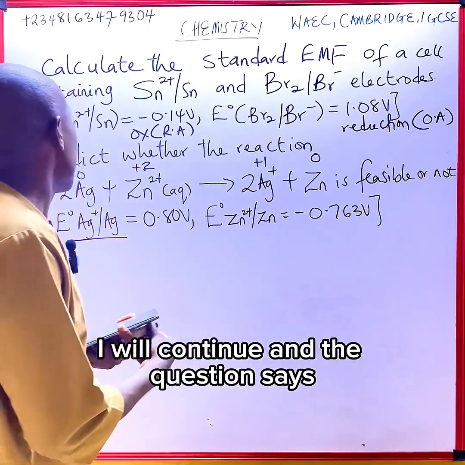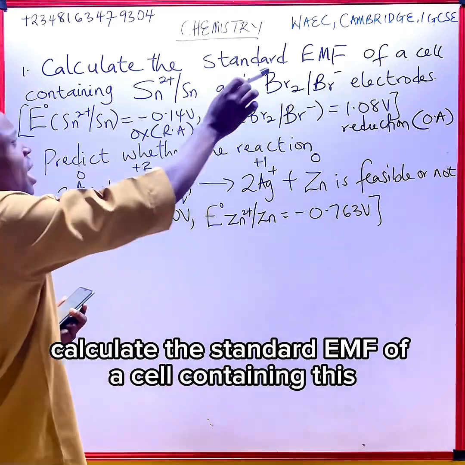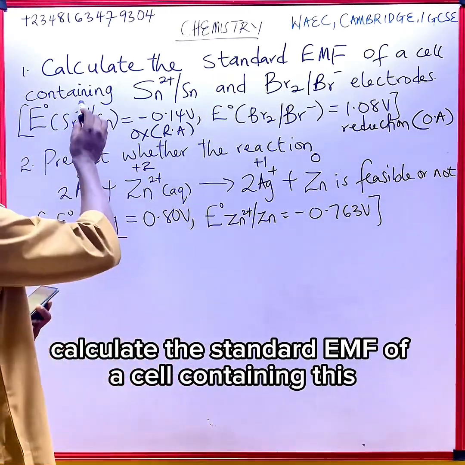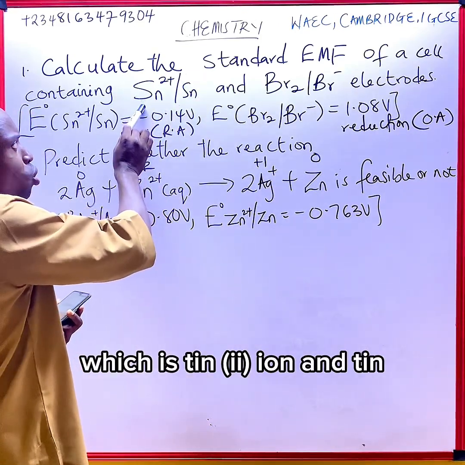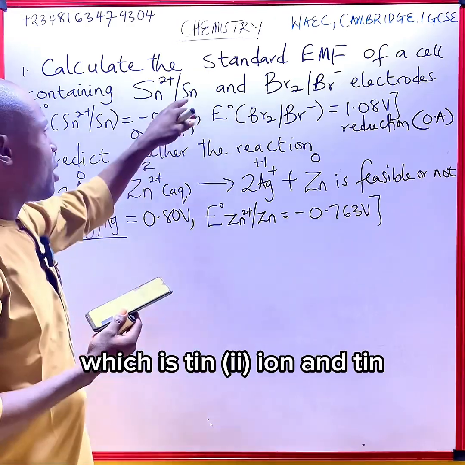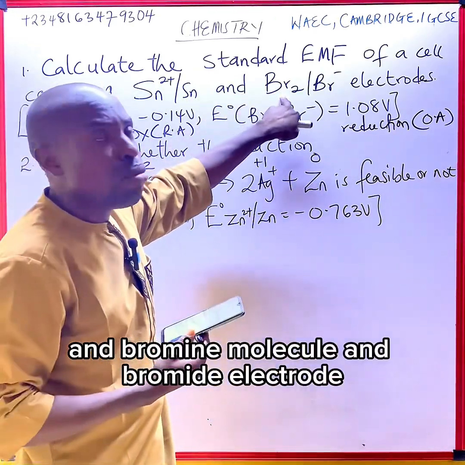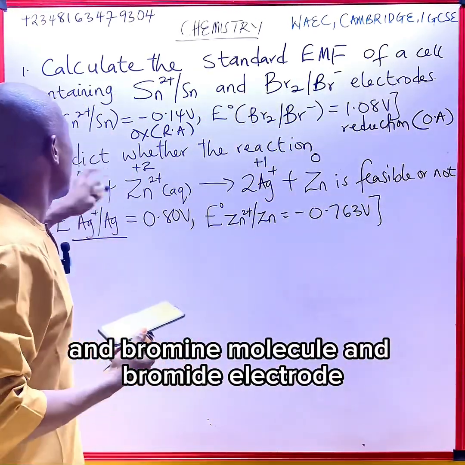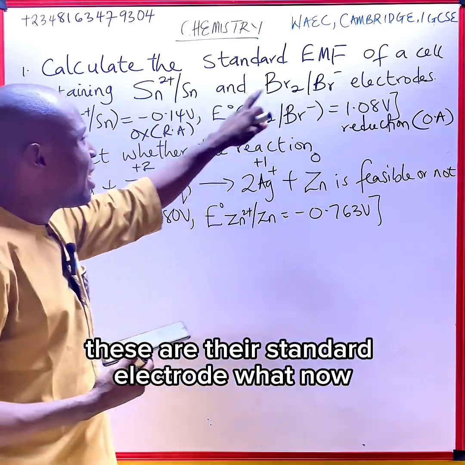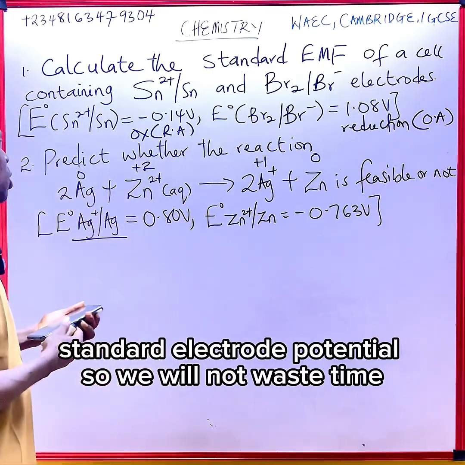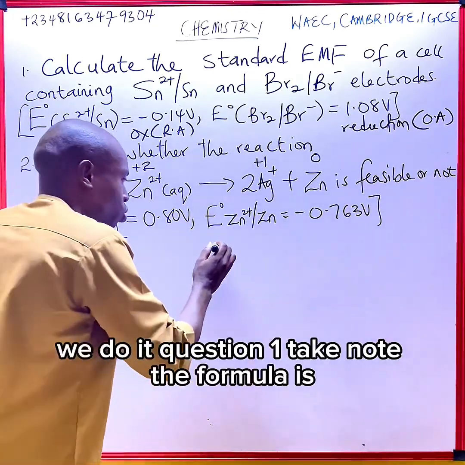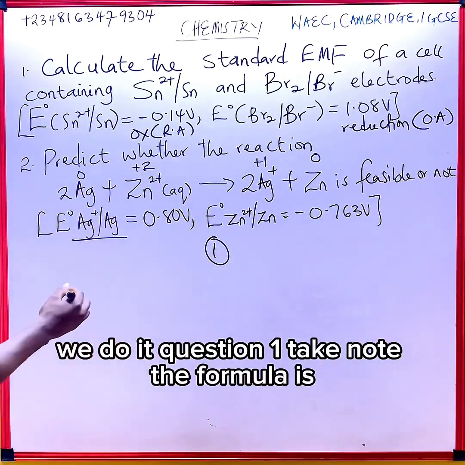Now we continue. The question says, calculate the standard EMF of a cell containing tin 2 ion and tin, and bromine molecule and bromide electrode. These are their standard electrode potential. So we'll not waste time, we'll do it. Question 1. Take note, the formula is